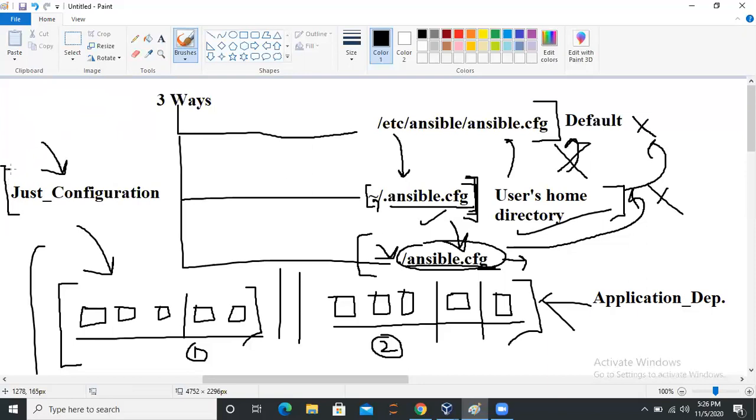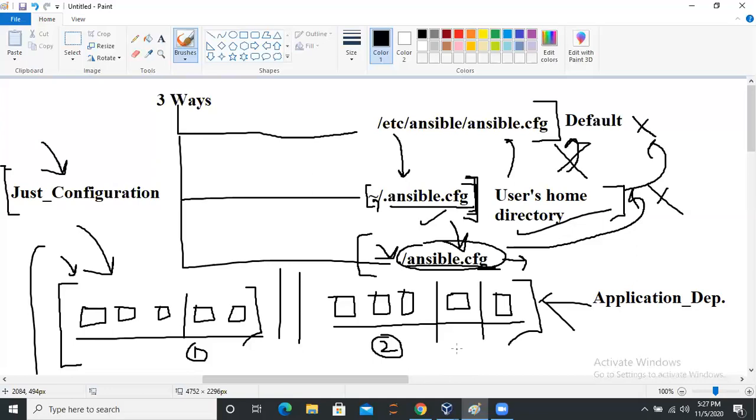Okay, this is the most recommended way. This is the best way for different environments. For example, this requires a different environment and this use case requires a different environment. Touching the main configuration file is not recommended in practice. In the Red Hat examinations of Ansible, I haven't touched the main configuration file of Ansible. I made one copy of the Ansible configuration file and did everything using that copy only. I haven't touched the original file. I made a backup.